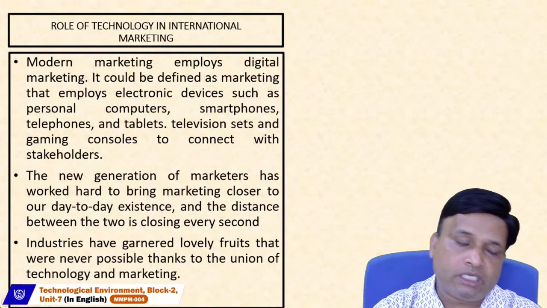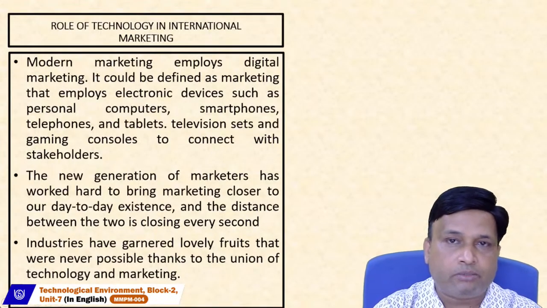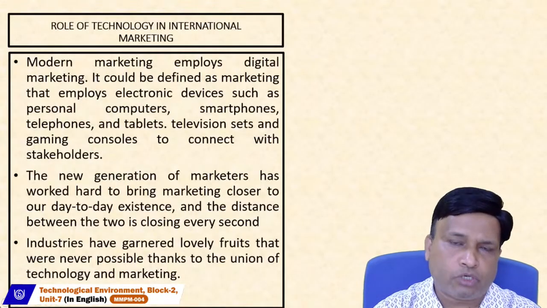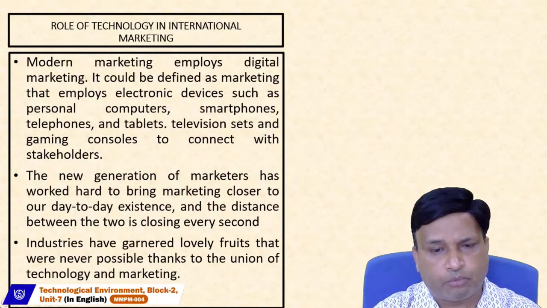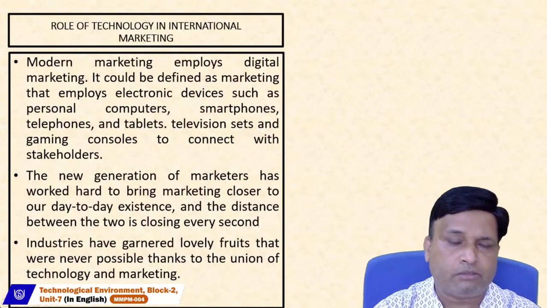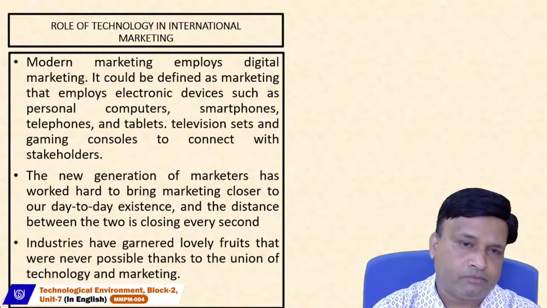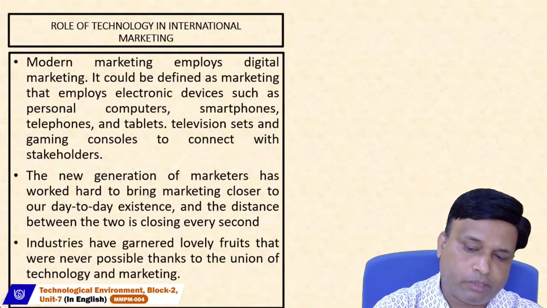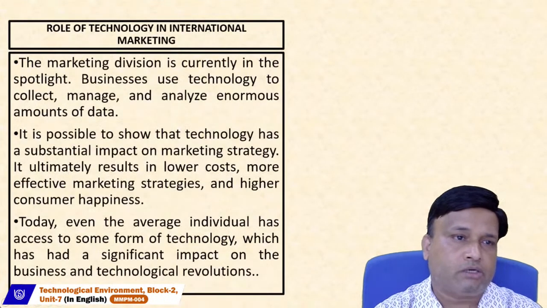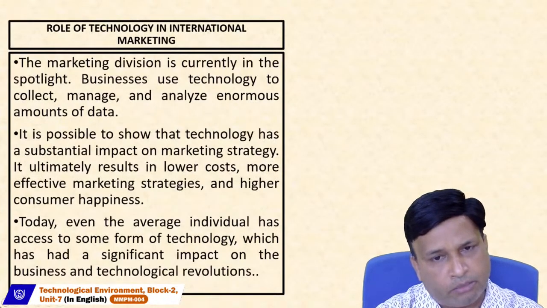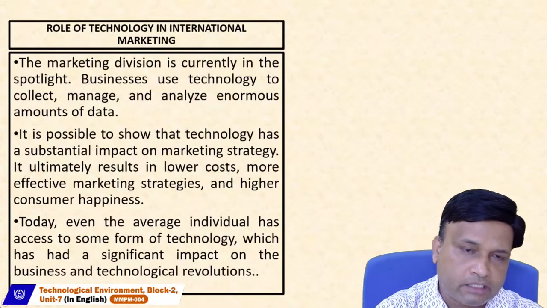Industries have also realized how digital marketing keeps us fruitful, because we are getting a lot of benefits. We are able to understand who the competitors are, what their approach is, and what their strategy is. Knowing about your customers and your competitors is becoming easy because of technology. So these are the things we have discussed here. That is the role of technology. The first one we talk about is technology. Technology is currently in the spotlight because data analysis is becoming easier. Then it has a substantial impact on the decision on marketing strategy.